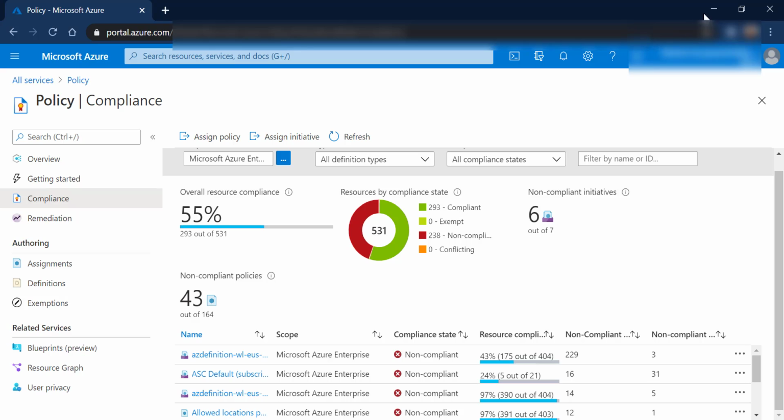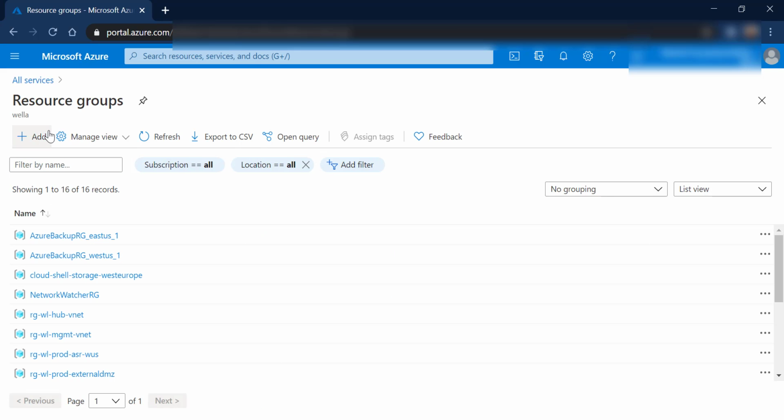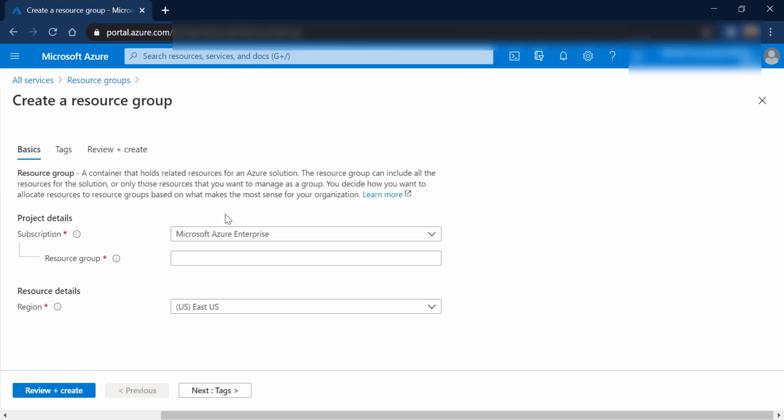Okay, now let's try to understand how this policy works. For example, let's say my policy says I'm only allowed to create resources in East US and West Europe. So how do I do that? Let me go ahead and create a resource group for simplicity.